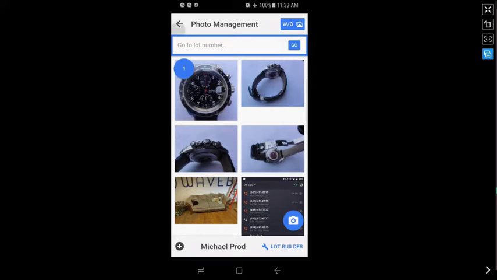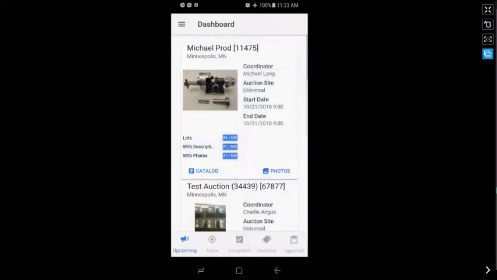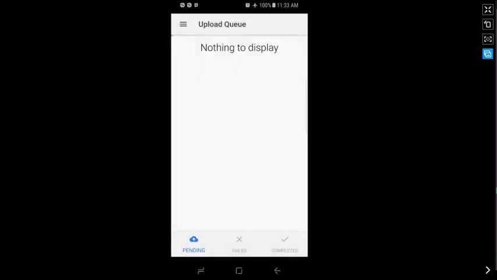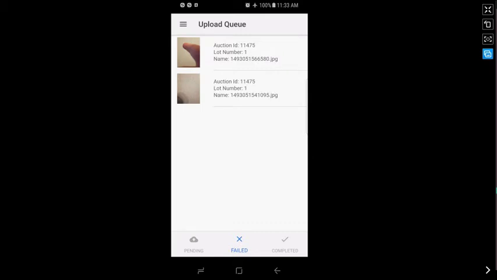So we're going to go back to our lot. We're going to click on our button and we're going to go to the upload queue again. So right now in pending, there's nothing again for us. But let's look in failed. We have two pictures. Now the reason there's two is that all the pictures are stored in